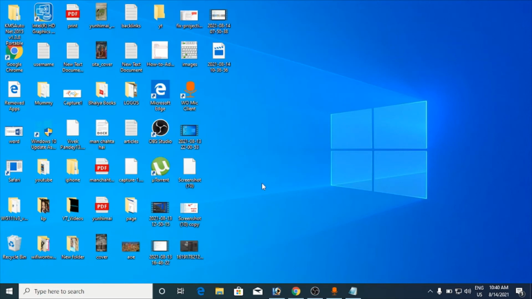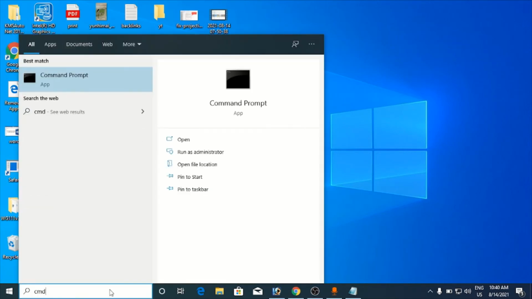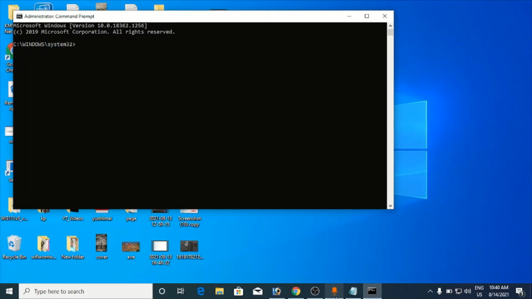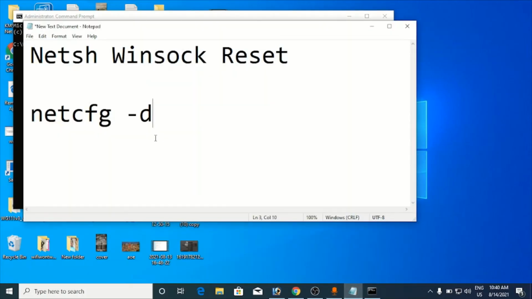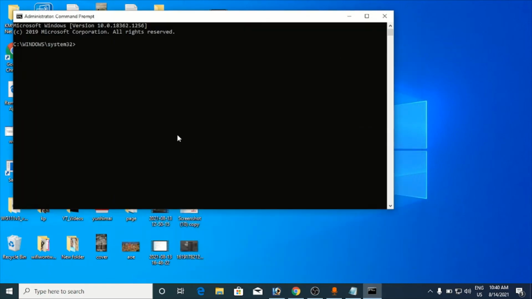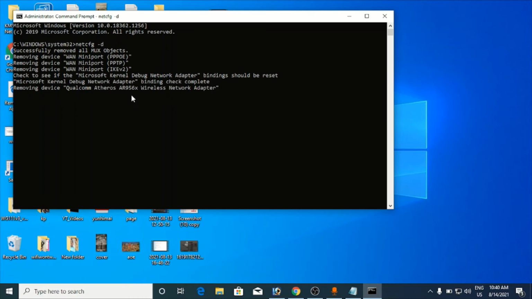Once you restart it, again come back to the Windows search bar and type in CMD. Now command prompt will be there. Right click on it and click on run as administrator. Click on yes. Now again you need to type in the second command, that is netcfg -d.